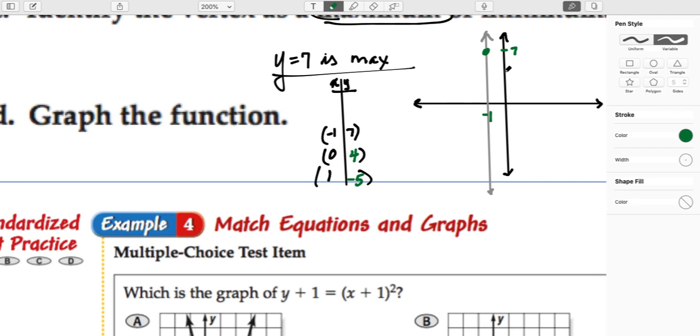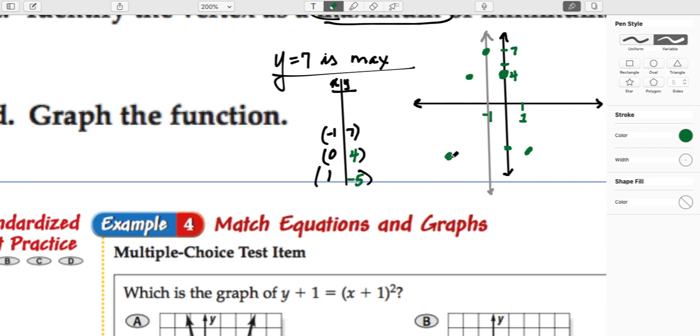I'm going to come down here. This is like 5 here, and this is going to be like -5. And therefore 4 is going to be right around here. So let's say this is 4. Something like that. I'll make it big so it looks better. And then here we've got our last point at 1, -5, right? So that's 0, 4, -1, -7, 1, -5, and then boom,